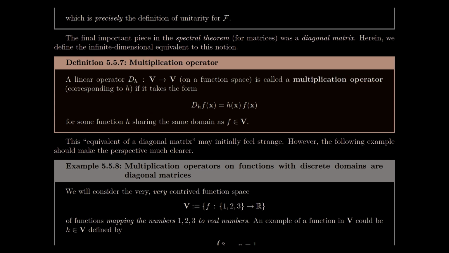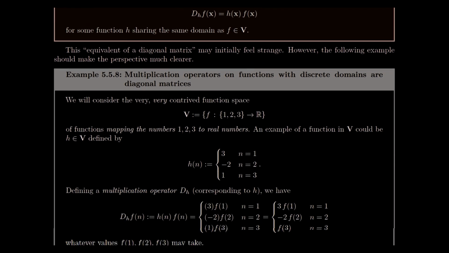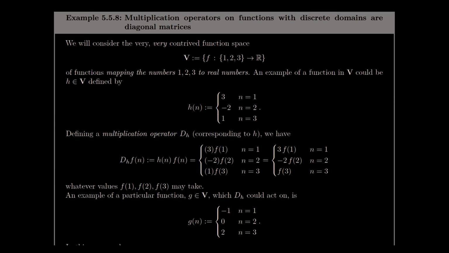And this is just any operator which takes the form when it acts on a function, it acts by multiplying by another function. So we've got some other function h, which just multiplies f, and that's why it's called a multiplication operator. Now it may feel strange that this is what it means to be diagonal in an infinite dimensional setting, but let's see why. So I'm going to jump back to a finite dimensional setting and give myself the very, very